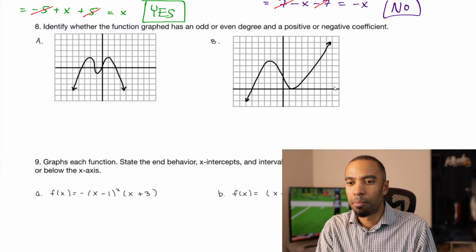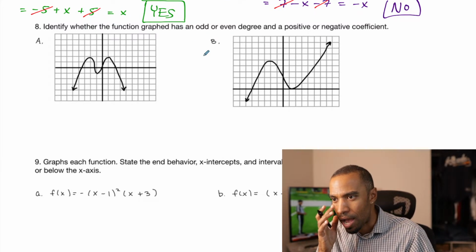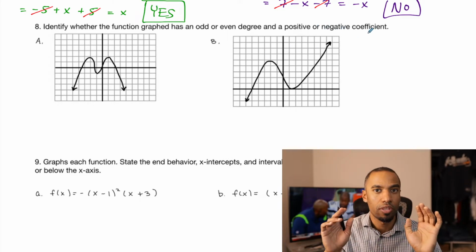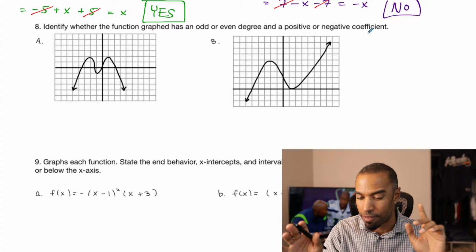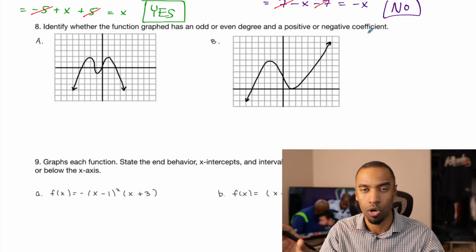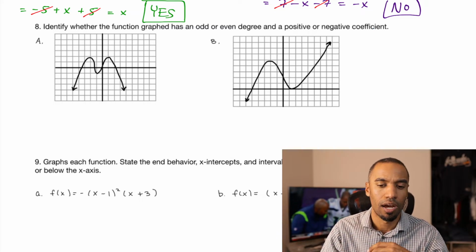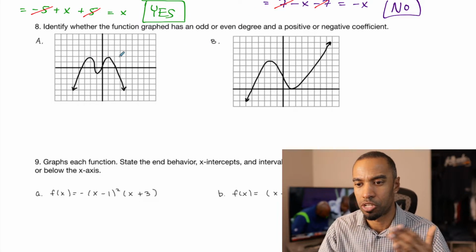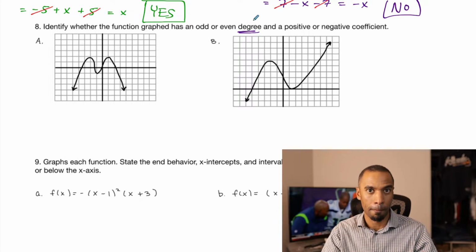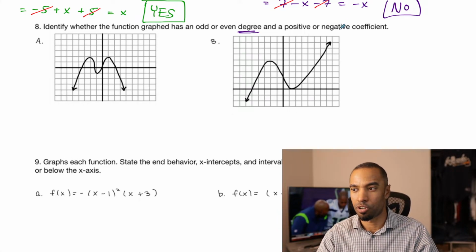All right, number 8. Identify whether the function graphed has an odd or even degree and a positive or negative coefficient. We're not asking whether it's an odd or even function. In fact, I reserved the whole last page for odd and even functions, even though we can go way fast on them. I just want to get a lot of practice in, just because I can. I had a lot of room to do more things on pages. It's just whether it has an odd or even degree, whether the leading term would be odd or even based on the nature of its end behavior,